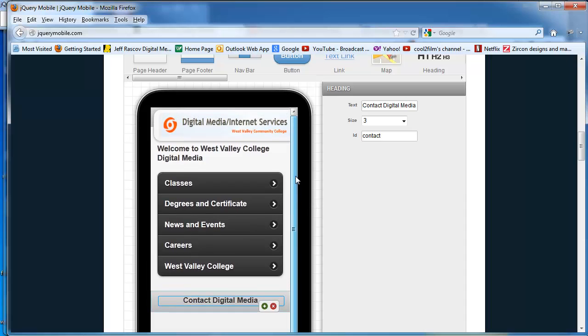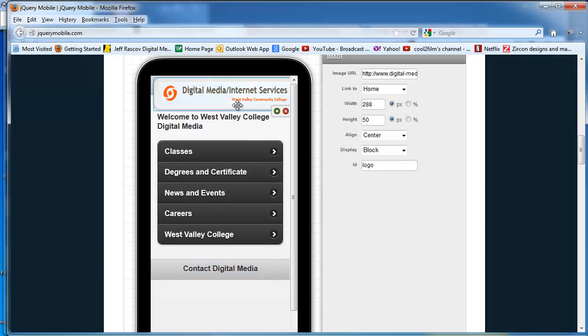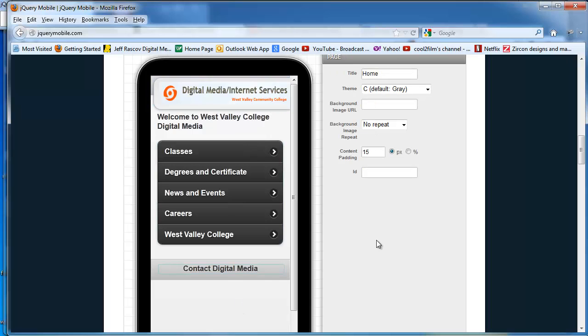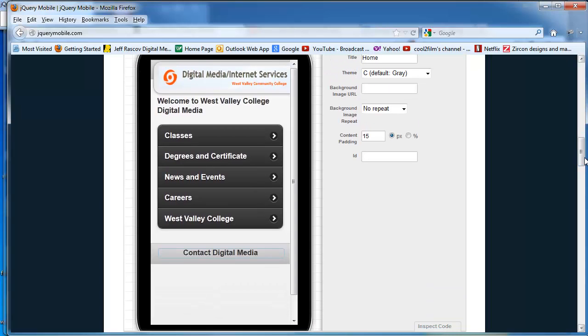So it gives you a basic framework that you can work with. Again, if you want to just do that right now and say, okay, this is a good starting point for my phone site, and you want to send me a link and say, oh look, I've built my own phone site right here, you can just take a screen capture of that by hitting print screen and go into Photoshop and send me what this looks like if you really want to. Once you're done building it in this page right here, let me pause this and we'll come back and I'll show you how to say